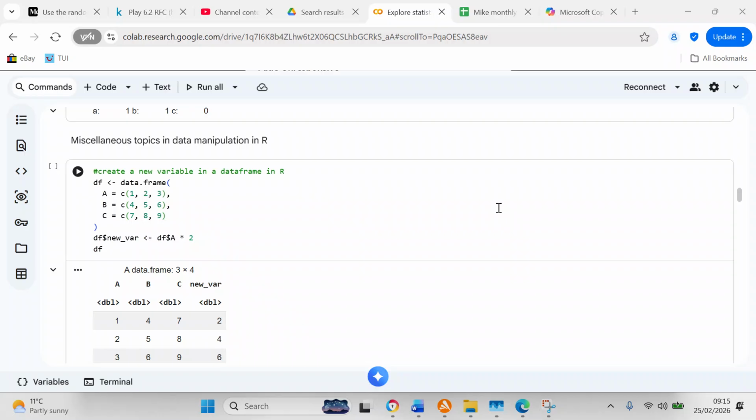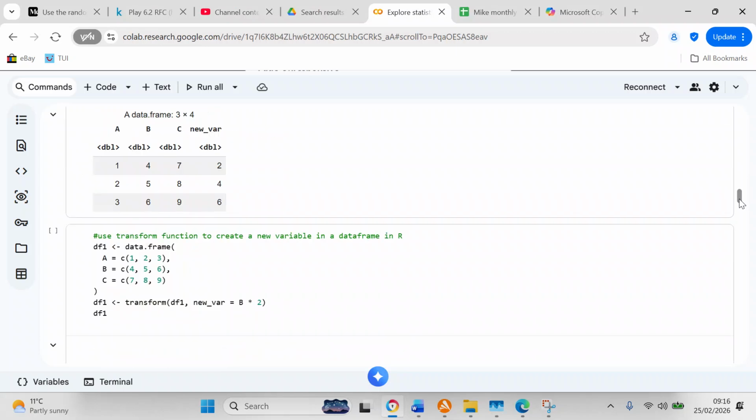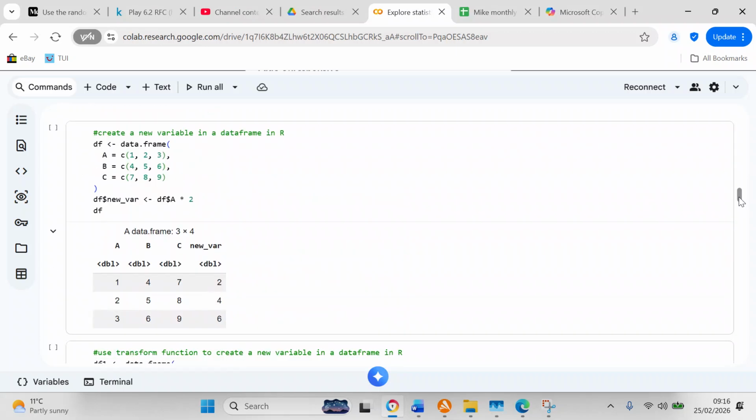And then we're going to show the data frame df, and you can see that it's got the new_var, which is df$a times 2. So instead of 1, 2, 3, it is 2, 4, 6. So that is the first thing that you can do to create a new variable in a data frame in